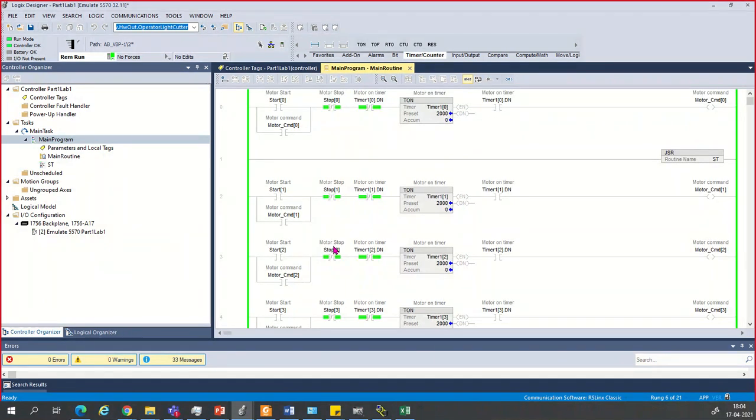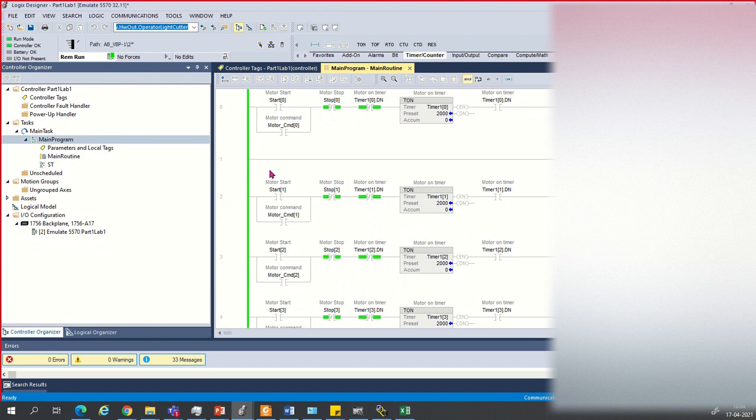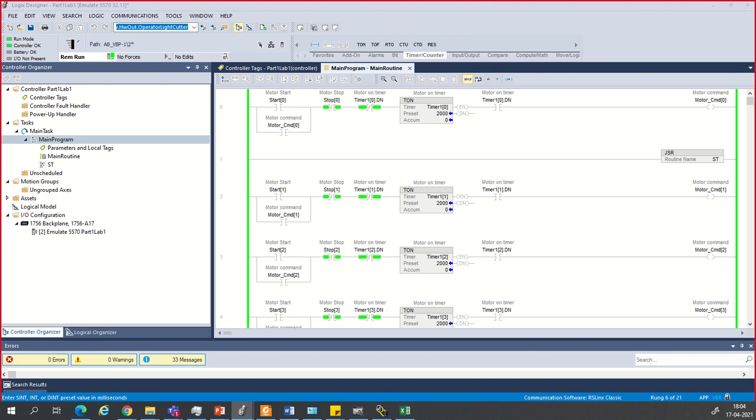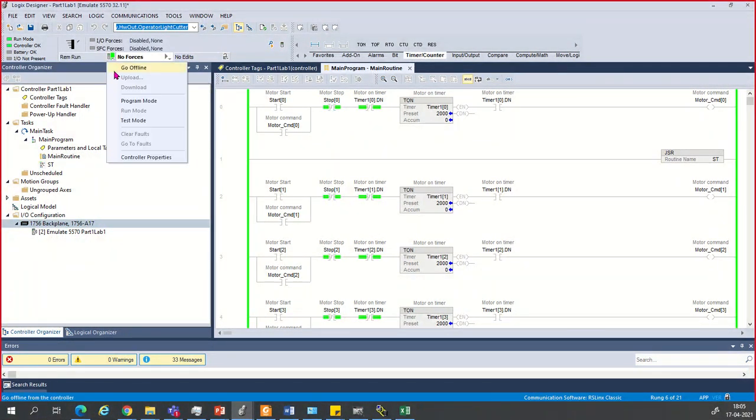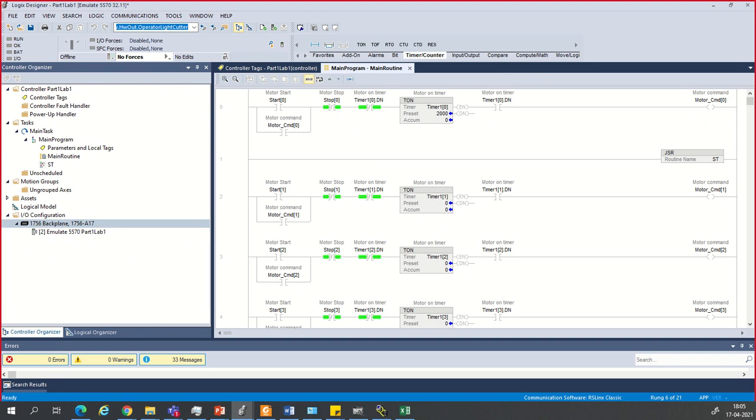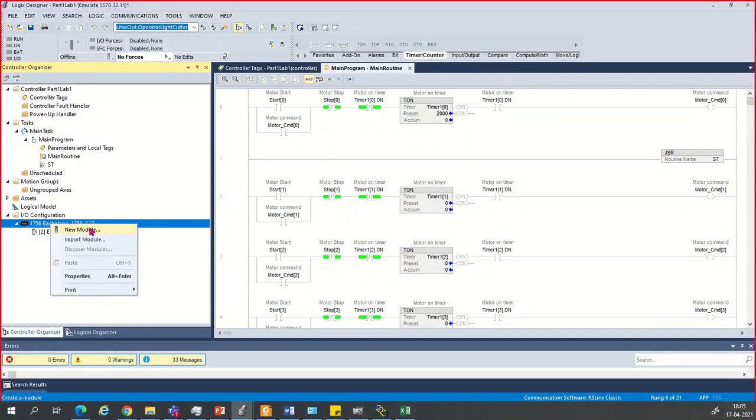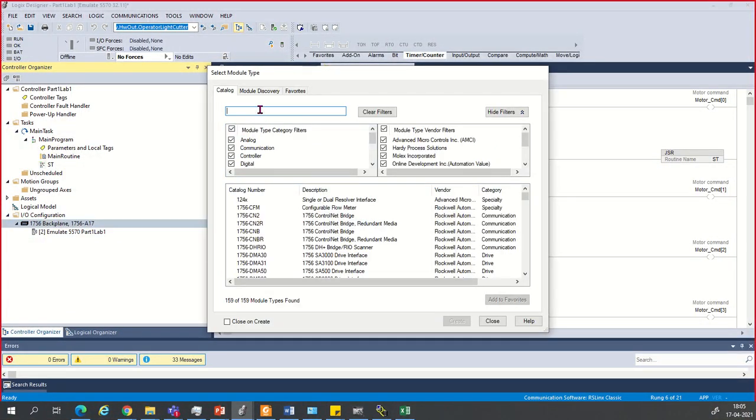Okay. Then next task for the alias, we can do alias programming. Go offline. If you've done all things, we can move forward for adding the IO modules here, that import, and that I will do later. Just new module 1756